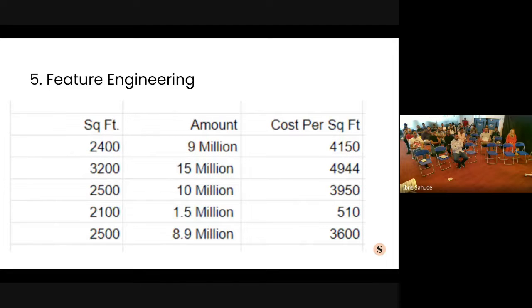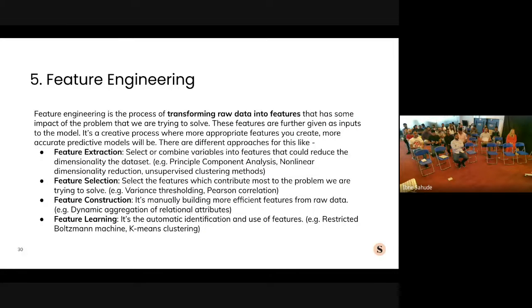Let's say amount was not there, only cost per foot was already there in the data, then you did not create it by yourself. You don't need to apply any mathematics or division. So you can directly use it. So that's where you just do the feature selection, feature construction, the way we did, or feature learning. That could be done by some methods like clustering or things like that. So I'm not going to go into very much detail of these things, but I'm just trying to give you